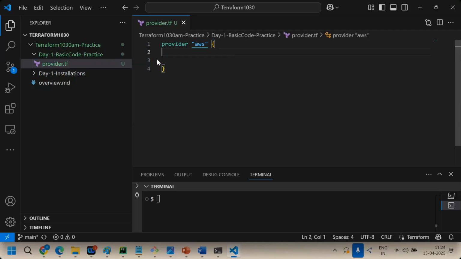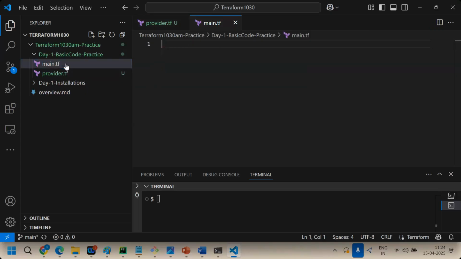Okay. Now I want to create an EC2 instance, for example. Which block should I write? Resources, in main.tf. Main.tf contains what? Resources information. Clear? What you are going to create. Resource information starts from resource only.